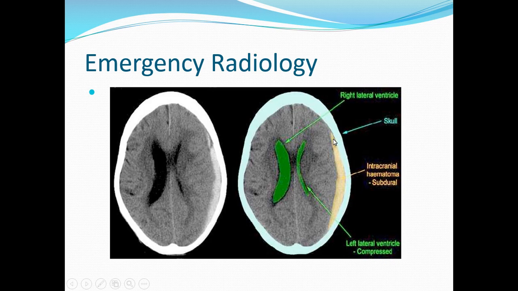You can see this thing adjacent to the bone, parietal bone of the skull. It is lentiform, just like a moon. One side is convex and one side is concave, and you can see there is so much edema. The ventricle is pushed like this. You can see this side ventricle and you can see the other side of the ventricle. Both are so asymmetrical, this one is pushed and this is so much compressed.